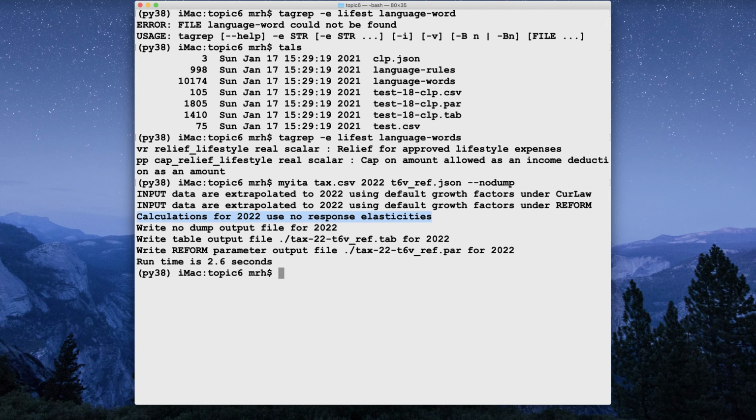So what we're going to do next is to figure out how to specify the response file. It's a JSON file. And we're going to do that by looking at the parameter output file here. And we're going to look for phrases that include